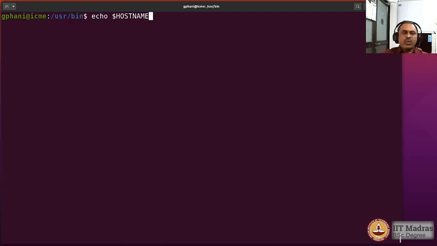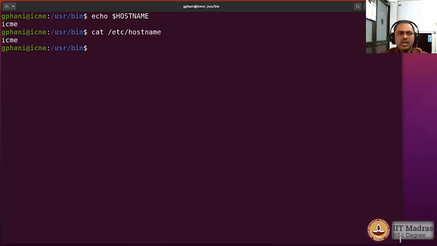You could always inquire the name of the machine using the HOSTNAME shell variable, and that would be the name of the machine as given in a file called /etc/hostname. Okay, and it would be a static file if the configuration was like that, and it can also be made dynamic if you had the network settings so configured.